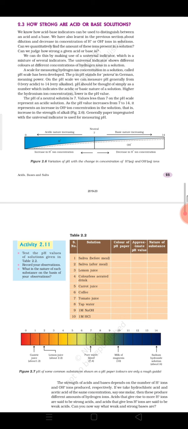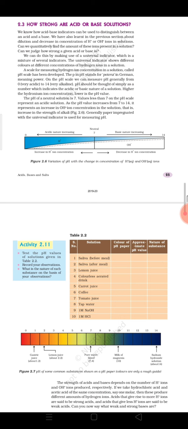So this is the method. This is the explanation of how some acidic compounds are considered strong and some are considered weak. But how to measure it? Definitely we will not be able to measure whether a compound is strongly acidic or weakly acidic with the help of indicators, because they do not show any quantitative value. So for that we will be using pH paper or universal indicator. These two are mostly present in the laboratory.